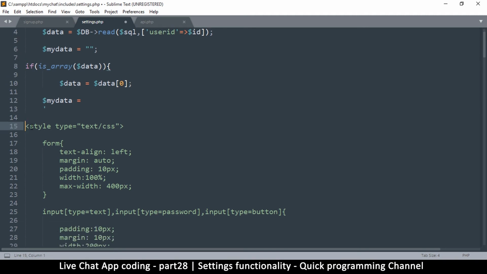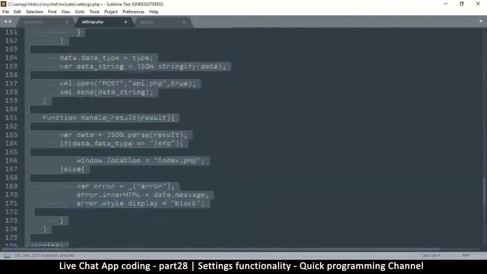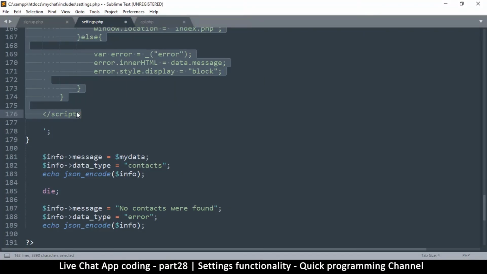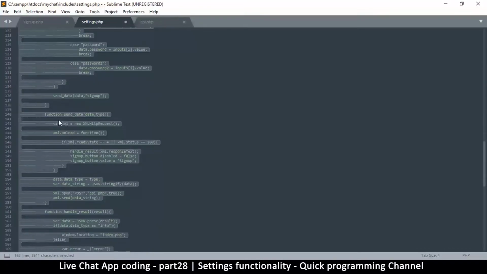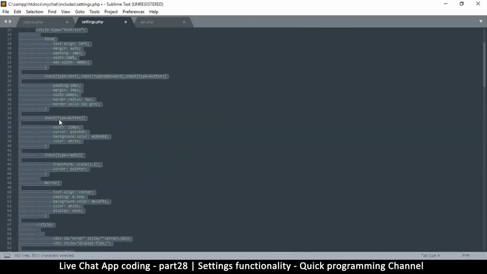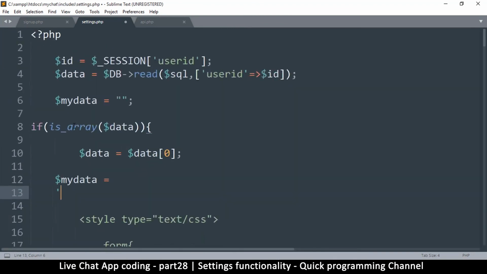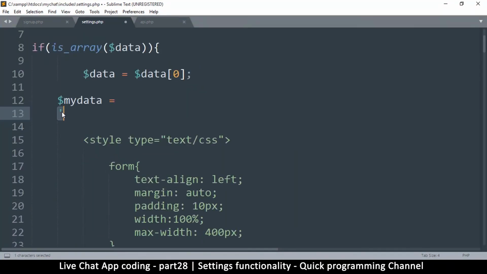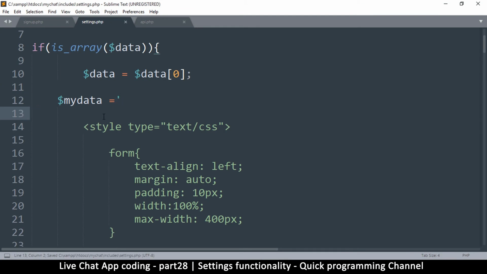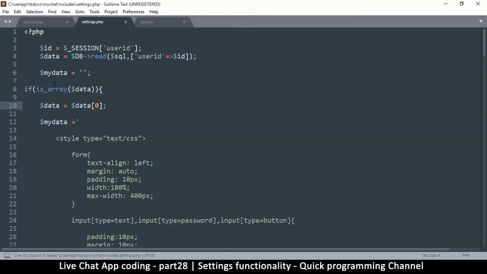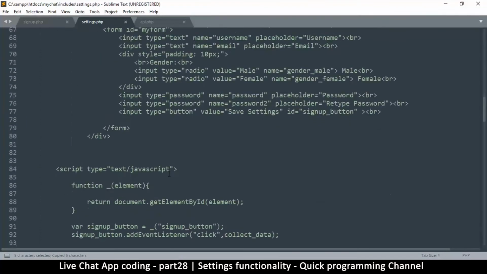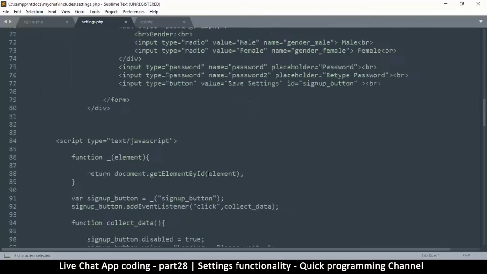Great. Now I want to tab everything down here so that we can clearly see that it's inside here. Oops, too much data in here, but you get the point. Okay, so don't forget that there's a comma here. There's an inverted comma like that. Okay, great. Remove that here, something like that. Okay, so if this is an array, then let's do this, and now we have data available for us to use. So if I go down here, I'm going to copy that data. I go down here where there is